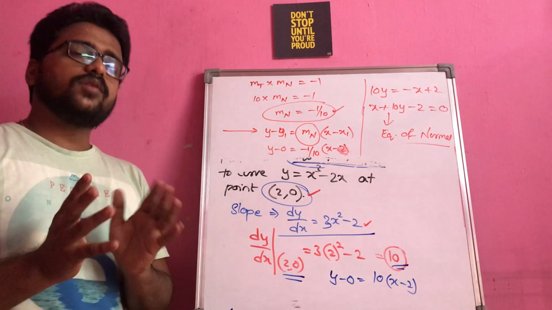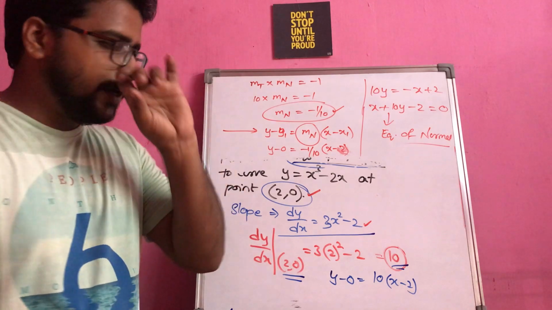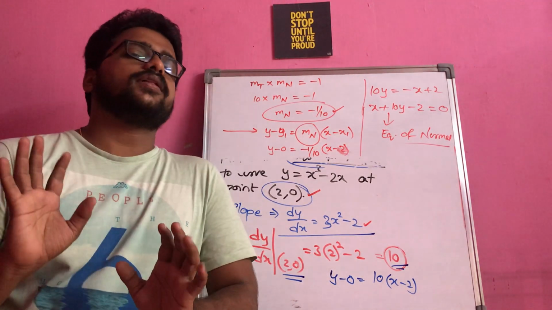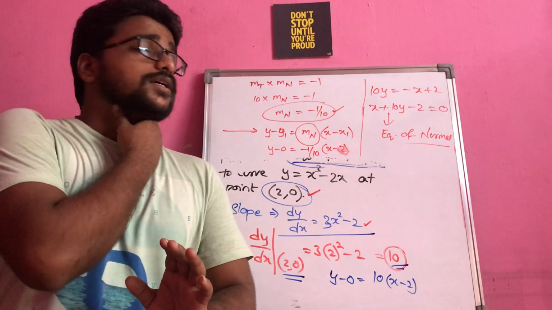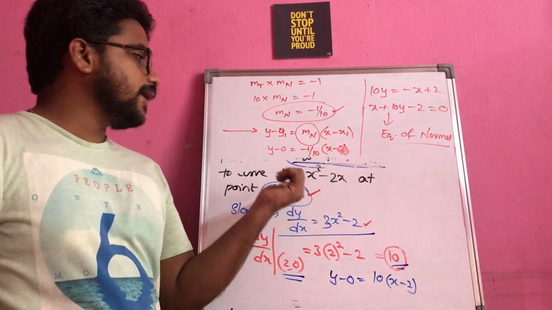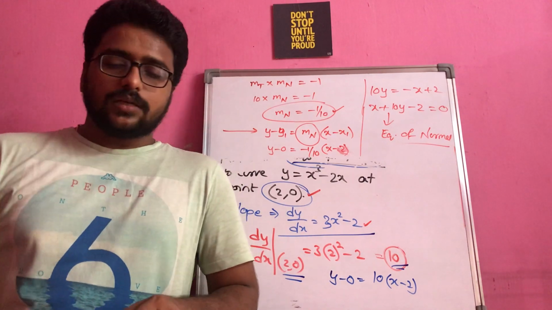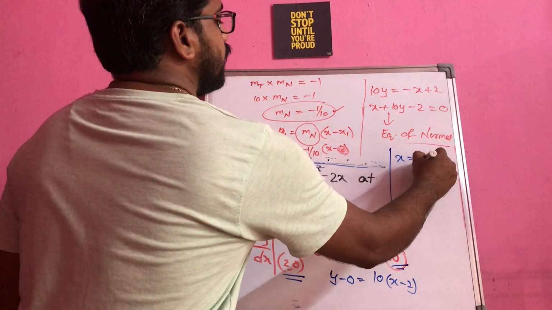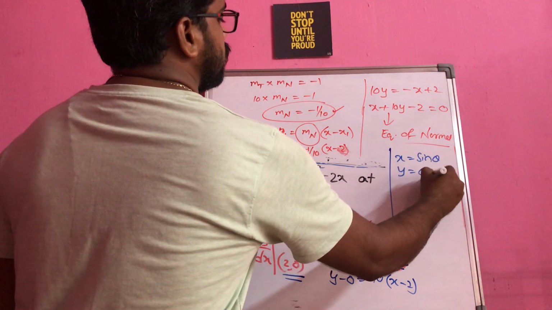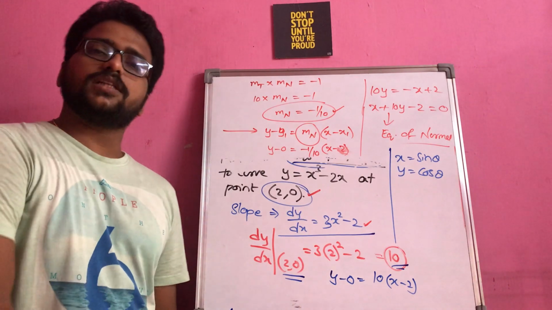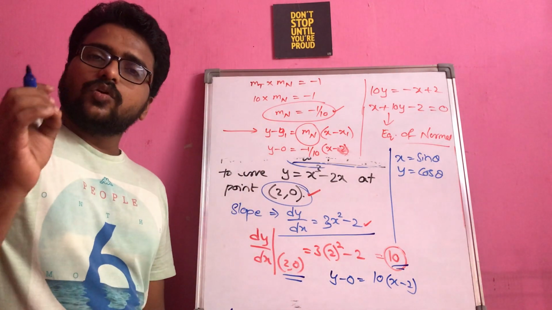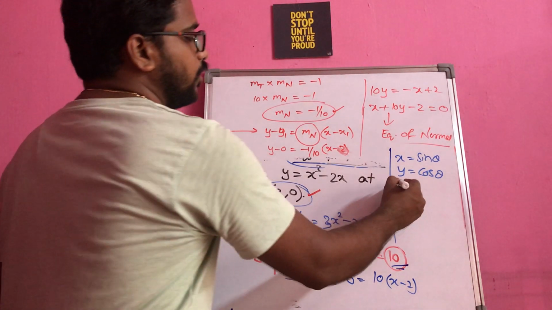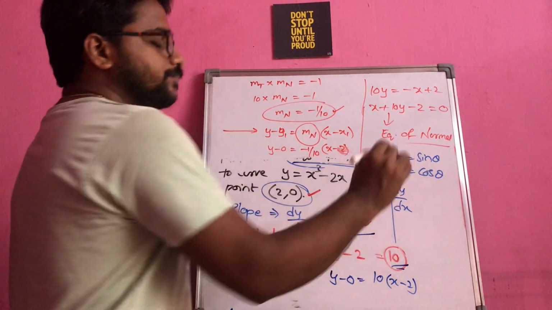The main thing you have to remember is that when you are trying to find the slope, as it is an application of derivatives, you have to apply differentiation. Simple logic, right? Sometimes here I gave you a direct question. Sometimes they will give you a question like this: x is equal to sin theta, y is equal to cos theta, let us say, or x is equal to cos theta, y is equal to sin theta. Still your idea is to find the equation of a tangent or normal, which means you again have to find the value of dy by dx.